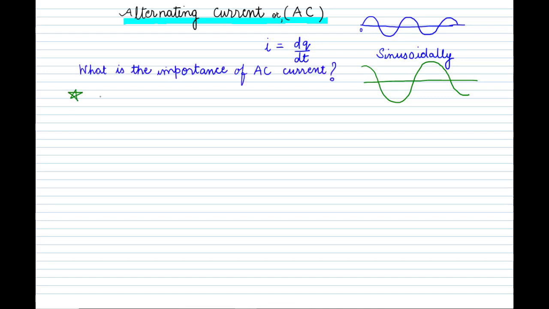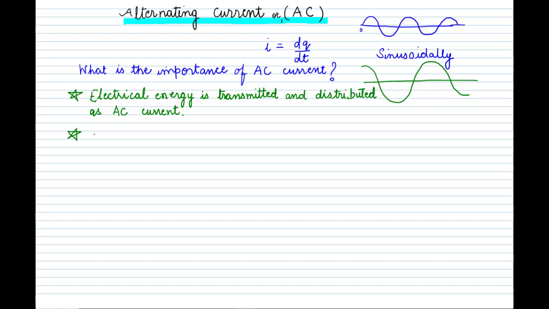First of all, whatever electrical energy we are using is transmitted and distributed as AC current. Even the electrical energy we use at our home comes from the powerhouse through the electrical power wires. These power wires are used for the transmission, and then it is distributed to different places. So this distribution and transmission is always done in the form of an alternating current.